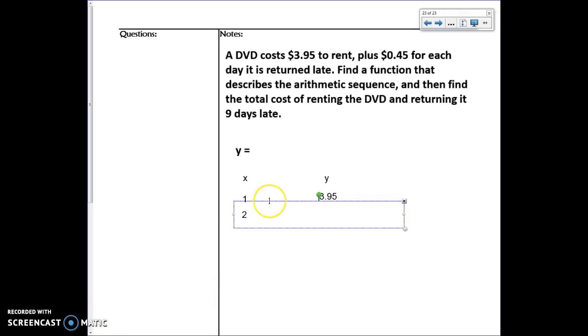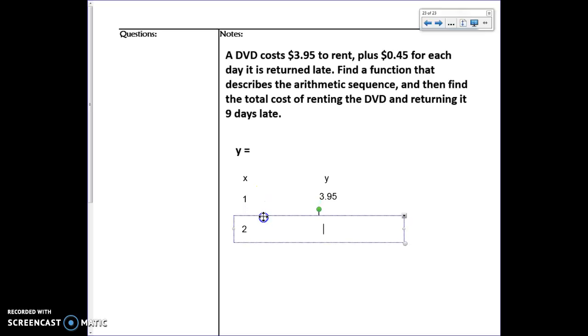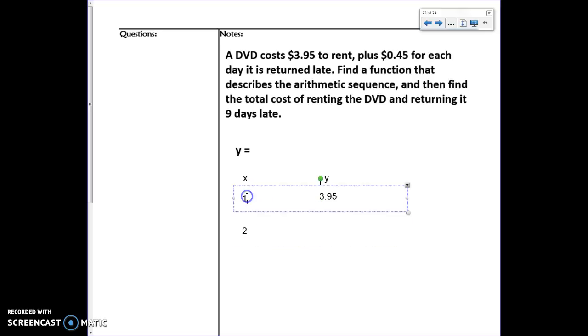Actually, we're going to look at this a little bit differently. These numbers over here would be how many days late it would be. So actually, on day 1, that's actually 1 day late. So let's think about this instead. On day 0, this is 0 days late. This would actually be a better way of looking at this problem, saying at 0 days late, it just costs $3.95. Now, on 1 day late,